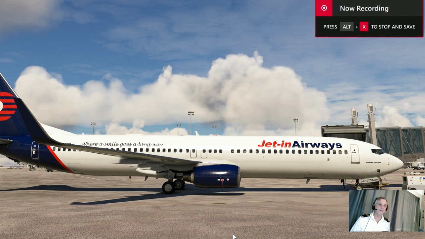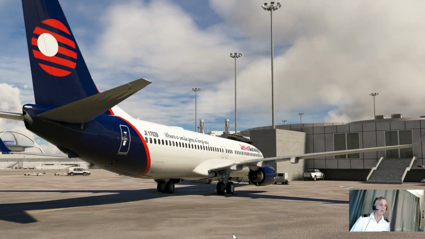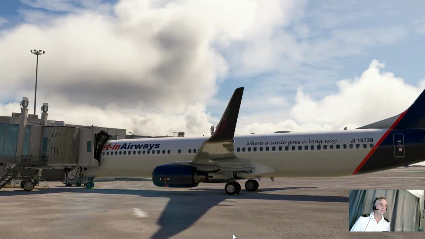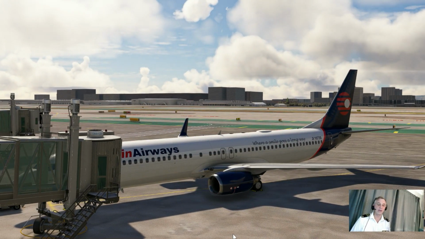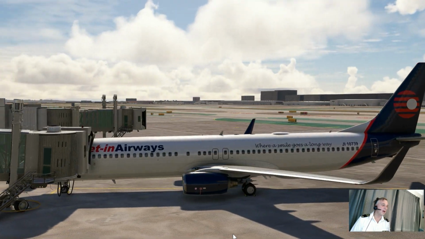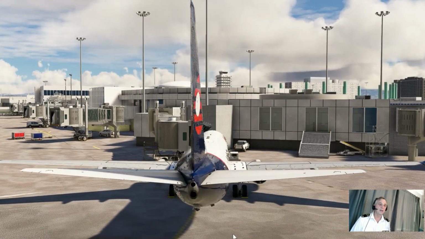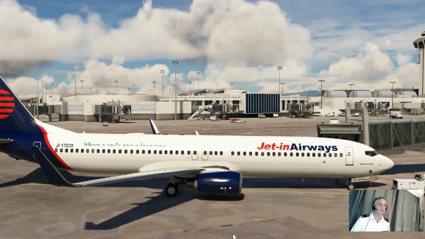Well, I do love flying the 900. It is a beautiful plane. It's a lovely plane to fly. And it is just a lovely thing. I'm loving it in the Jet Airways livery. And we connected up to the jet ramp here. So let's go on board, and I'll share my flight plan with you,